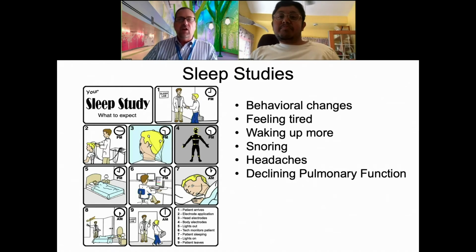When we talked to you about using BiPAP and the need for BiPAP based on those results, I think we probably asked you some of the questions that are on here, like, did you feel like you were having any behavior changes during the day or feeling more tired? Sometimes I'll ask patients or families, does your son wake up more at night? And sometimes I wonder, is it behavioral, is it pain, or is there a breathing problem that's causing you to wake up and then you're awake so you need